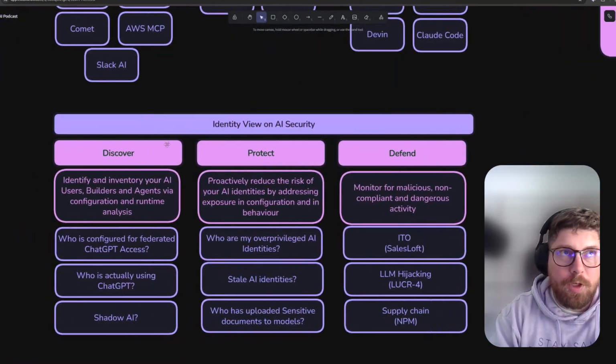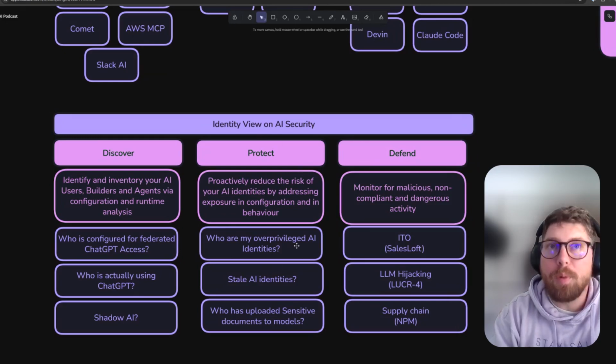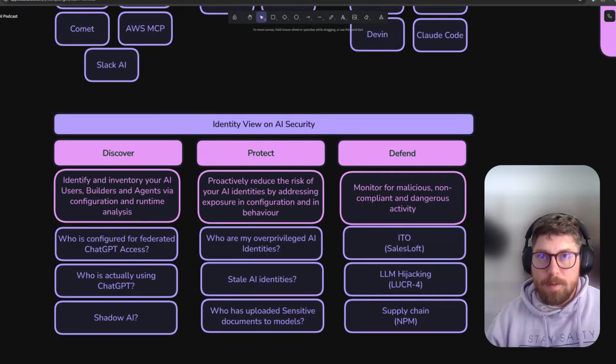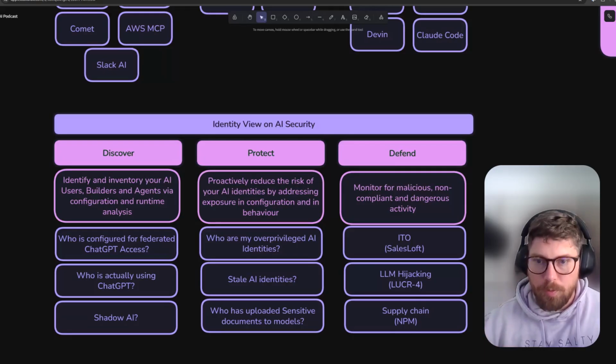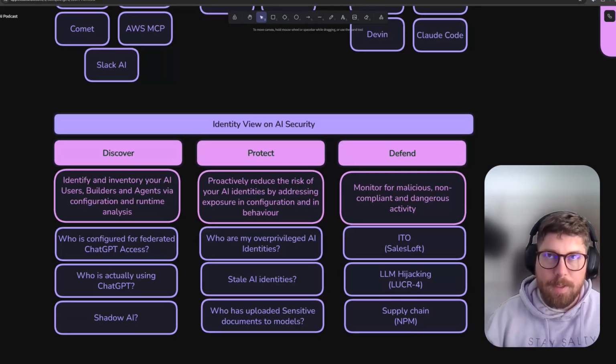And hey, we just covered the discover pillar here. I hope in a further episode, we'll go deeper on the protect and the defend side and talk to you about the risk. We just covered visibility, the discover side. But now let's talk about the protect and defend side, where you'll learn more about what the real world risks associated with AI stuff are, what we actually see, and how you can go about detecting it yourself.